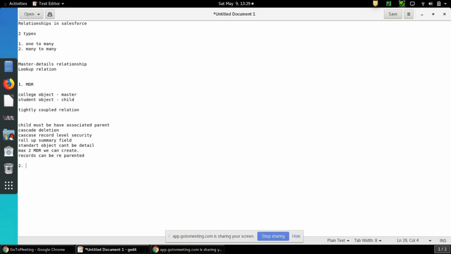Let me explain about lookup. In the lookup relationship, if I took master and detail like college and student, let me take some other example: department and HOD object.